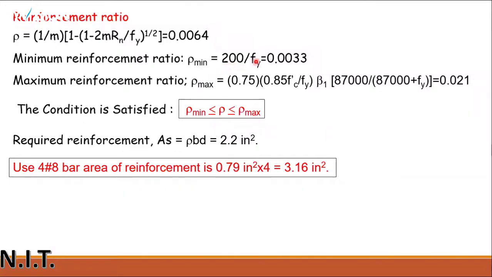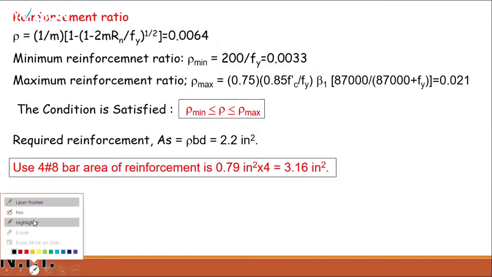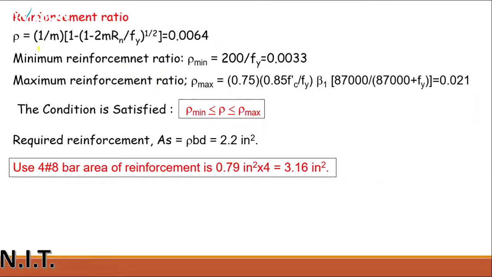As we have already studied, the minimum reinforcement rho minimum can be calculated by 200 divided by Fy. 200 divided by 60,000, you will get the answer, that is equal to 0.0033. Okay, this is the value of rho. This is the value of rho minimum,